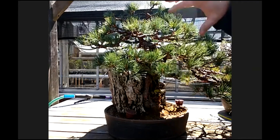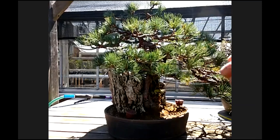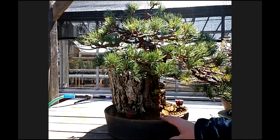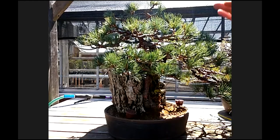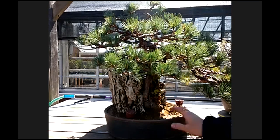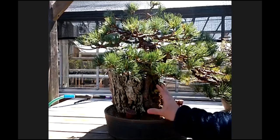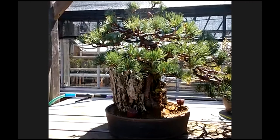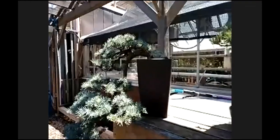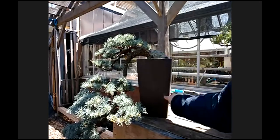Once this stops pushing out, once the heat of the summer comes, we actually have to pull back on the water. We're still checking it 3 times a day, sometimes more. Sometimes they require a misting, which would just be using a fine nozzle to spray the foliage. But this one here is actually a lot easier to water than the conifer plant, which is over here, this weeping cedrus. And you can see it's in a very different pot,